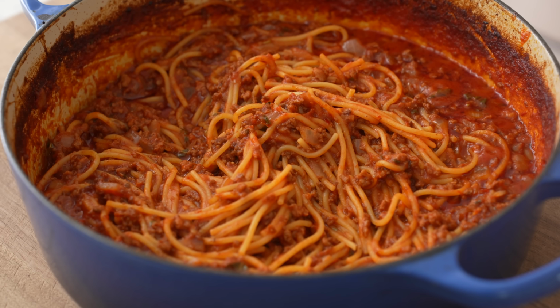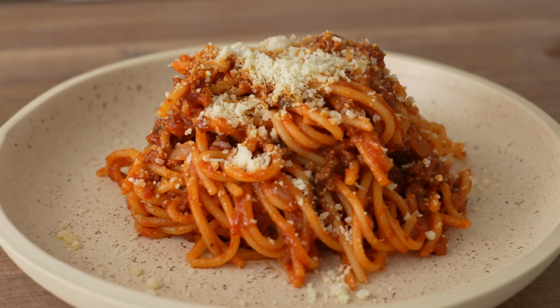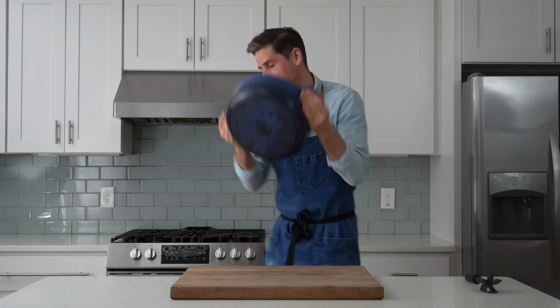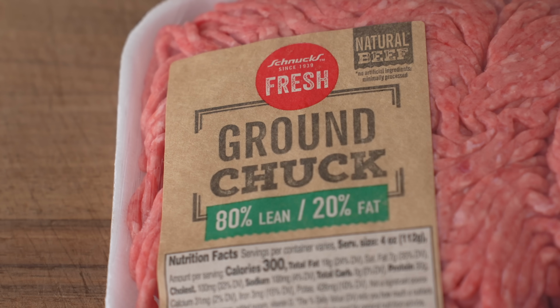What's up? Today I'm going to show you a spaghetti and meat sauce that requires only one pan, takes about 25 to 30 minutes to make, and is actually better than any version that I've made with more time or more pots. To get started, I'll grab a large heavy bottom pot and drop it on the stove over medium-high heat. Once that's hot, in goes a little squiggle of olive oil, then 1 pound or 450 grams of 80/20